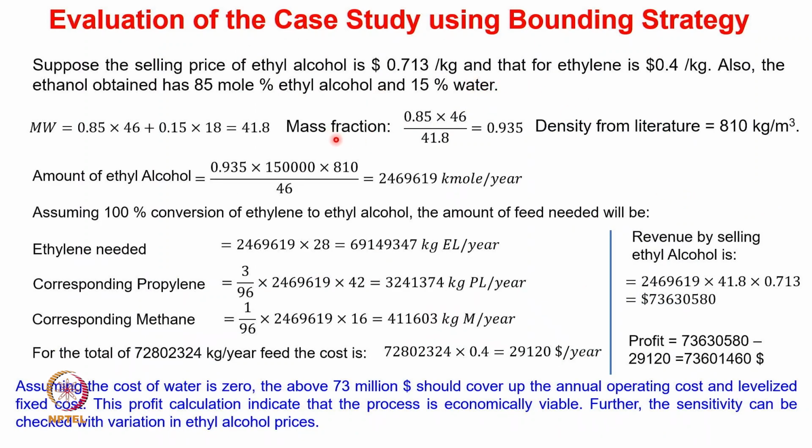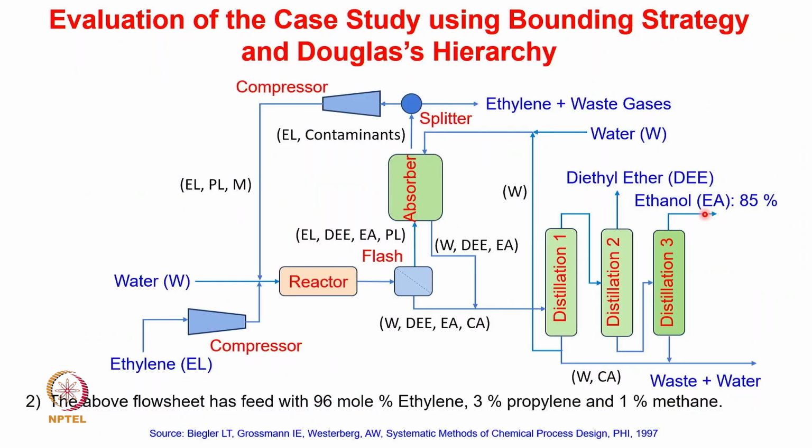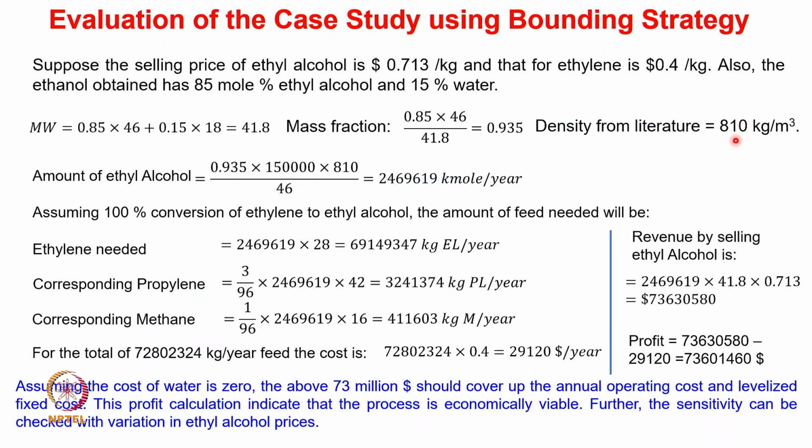So again we can calculate the mass fraction. The mass fraction in this case comes out to be 0.85 multiplied by the molecular weight of ethanol divided by the molecular weight of this entire stream, which is 41.8, so that comes to around 0.935. And from the literature, the density of this product stream which is coming out is reported as 810 kilogram per meter cube. So using this particular information, we are converting